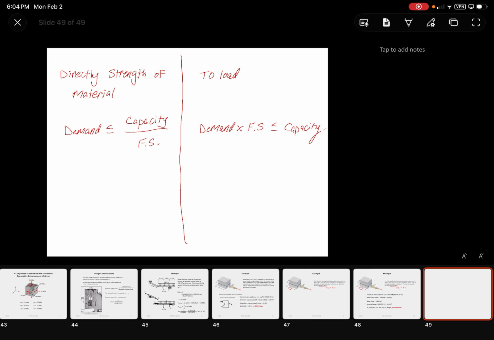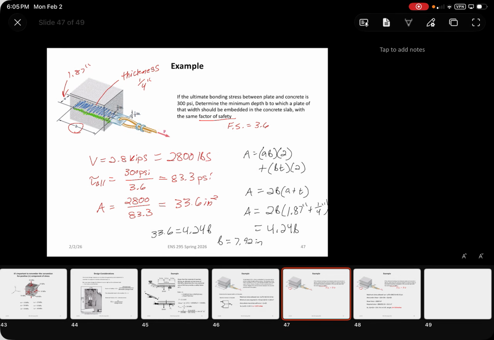In most of the problems that we did today, we did it where the capacity was divided by the factor of safety. If we applied this to a design case where we're multiplying it to the load, then what we would actually have is, instead of it being like this,